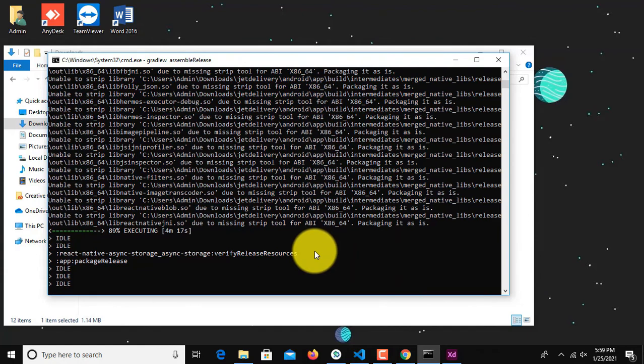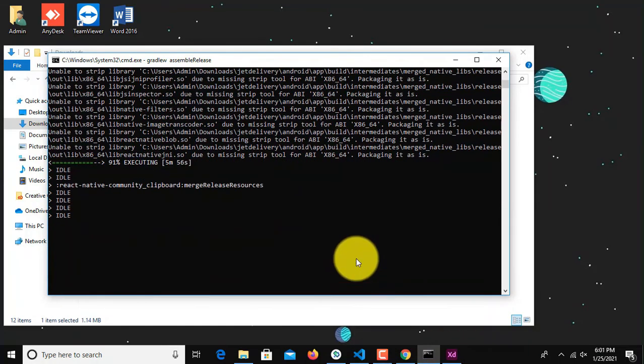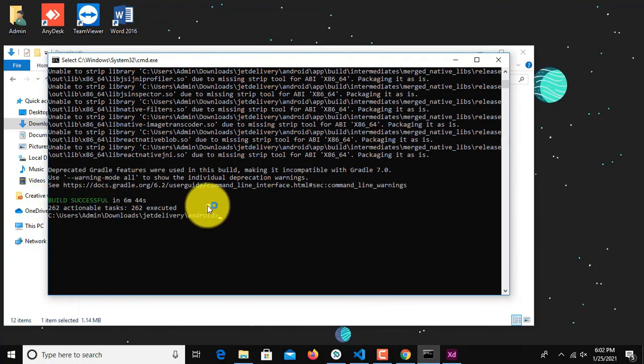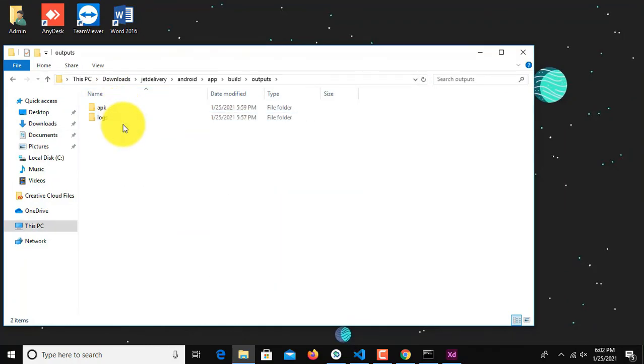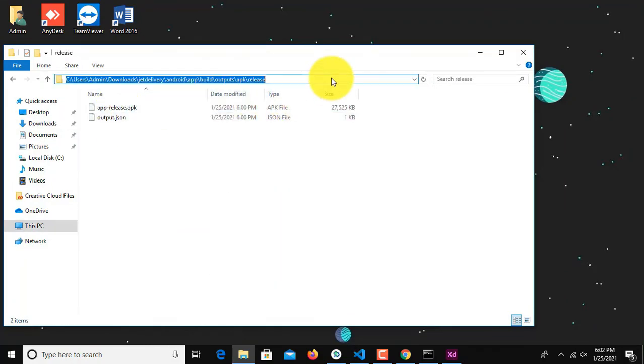It can take 10 to 15 minutes for building your APK, or more minutes if you have a slow processor. And here, when the command is exit, you will find your APK inside your Android app build outputs APK and release folder, and this is your APK.